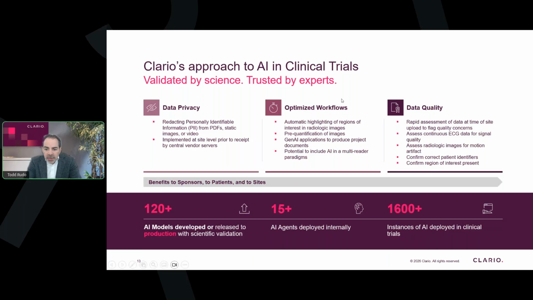In the process optimization pillar, these are both internal and external facing solutions. Streamlining study startup, for example, by accelerating charter document development, applicable for imaging and ECOA solutions as well. And in that last pillar, as I mentioned, applications to improve data quality, this is where it gets super interesting